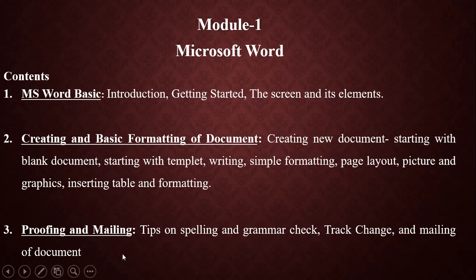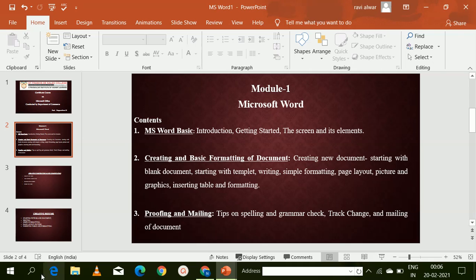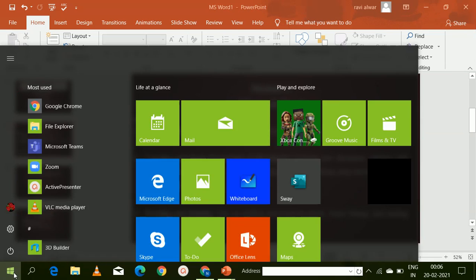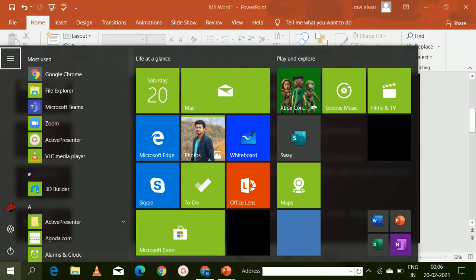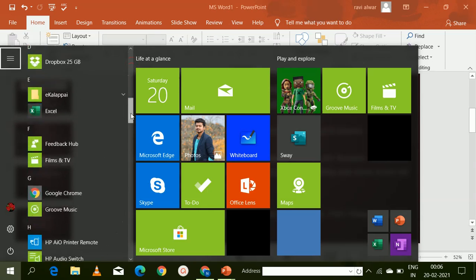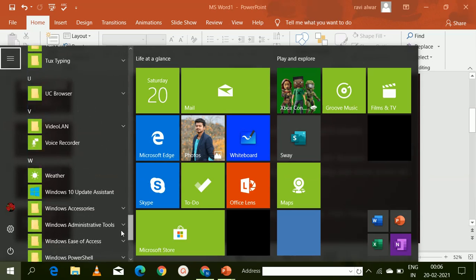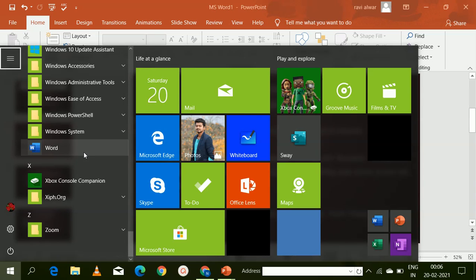So let us start the MS Word. So I'm going to click on start button. There are different ways to start your MS Word. First I'm going to show the first way. I'm going to click on start button, then drag down from the program. You're going to select the MS Word. So here you can see the icon. If you click on this icon, MS Word will launch, or else you can go to this search button, search window,